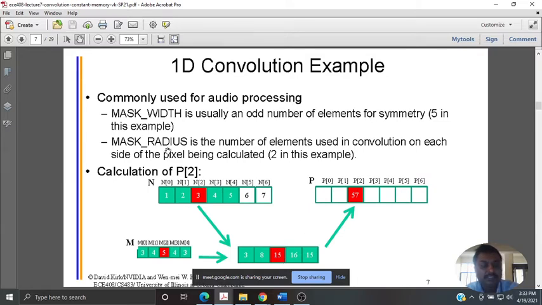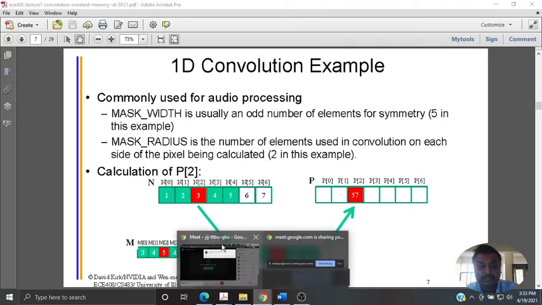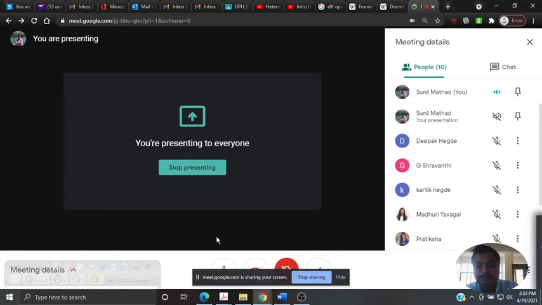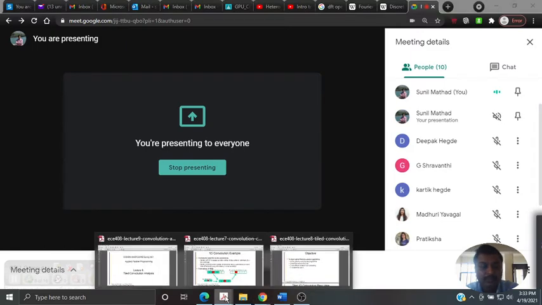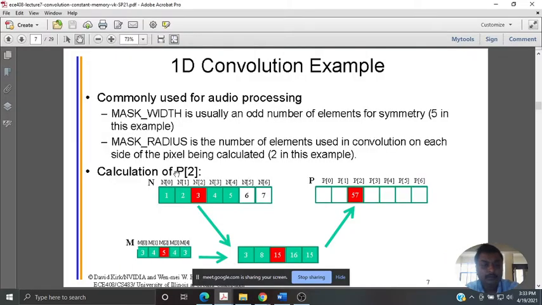Now the mask radius is where you identify that central element, across which the radius is 2, right. So with respect to this central element, two elements are on the right and left, which formulates how many elements exist after the central element, so that you can align it. That is stated as the radius. The mask width is the total number of elements, so there are 5 elements now, and that is your mask width.